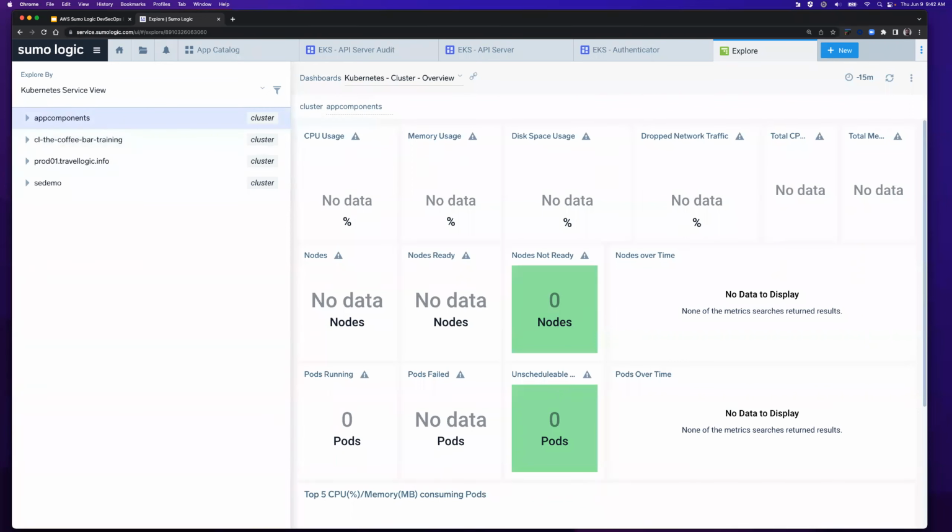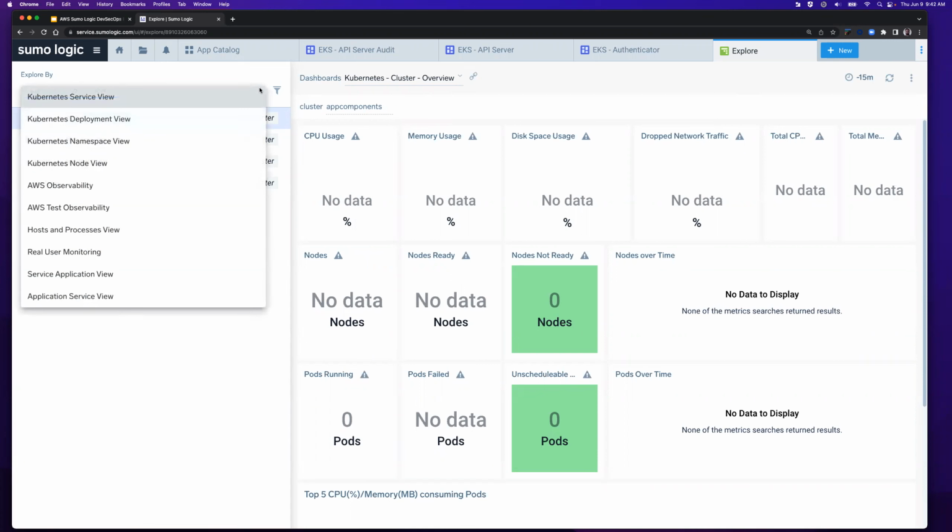Remember, this is a training environment. Some things work, some don't. Some are in various stages because they're not supposed to work. And so it's just putting us in a default kind of a weird spot. But what I do want to do, and should be able to do, is change my explore by view. My explore by view is going to give me a lot of different views. Do I want to explore by my services? Do I want to explore by my deployments, or by my namespaces? In this case, we'll keep it Kubernetes focused with the top 4, but then I can also look at AWS data and observability. That's not really today's focus, but we can go into that. And like I said, feel free to poke around while we're playing in here.